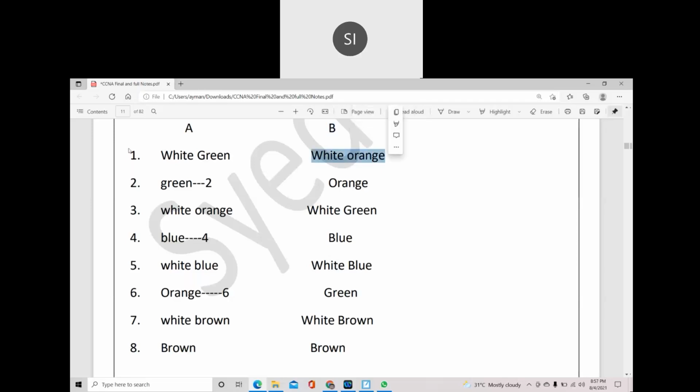A1 is a transmitter. This is the transmitter here, white green. This is the order: white green, green, white orange, blue. Transmitter means that on the receiver end you have to receive it, correct? So that's what I'm putting in this color coding. White green means here white orange. The third row you can see here is the receiver. Transmitter plus, transmitter minus, receiver plus. So that's what I'm putting, receiver plus here.